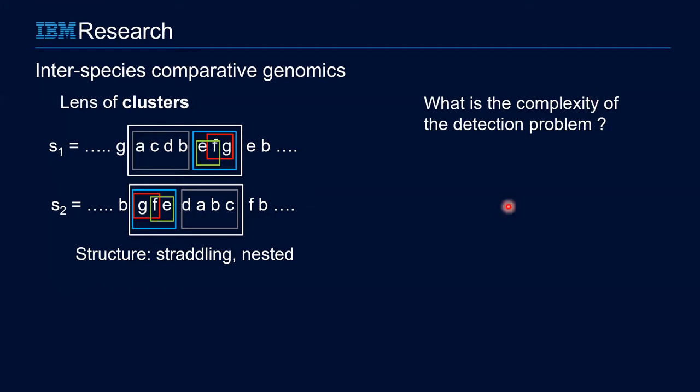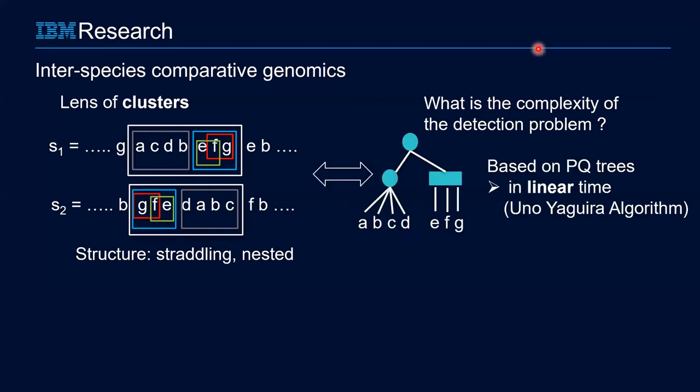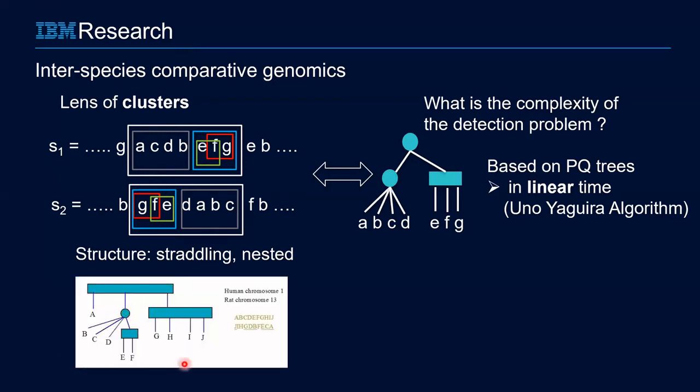What it means is that in the time it takes you to read your input, you have discovered all the clusters in their entire architecture as shown here. How is that possible? That's possible by using a structure called PQ trees, which goes back to the 1970s. It's a combination of PQ trees and a very clever algorithm, the Uno-Yagiura algorithm, that gives this linear time algorithm. And of course, you can now discover,